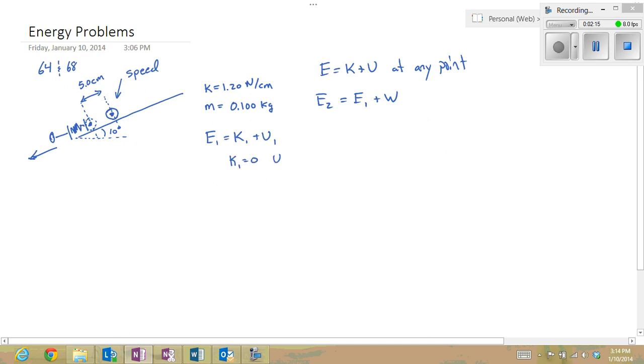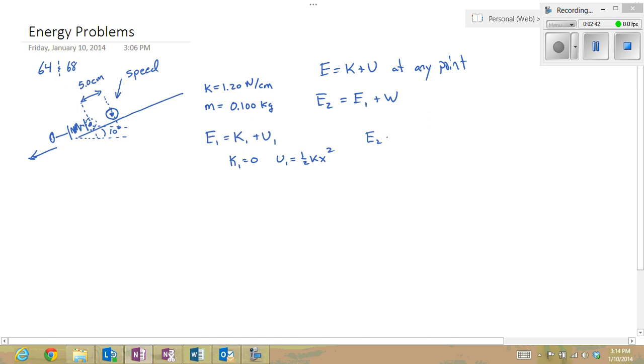And we're going to define the potential energy to be 0 at that position as well. Actually, no, I don't want to do that. I want to define all of the energy as spring potential energy at that point. I'm going to say that the gravitational potential energy is 0 at that position. Then at E2,